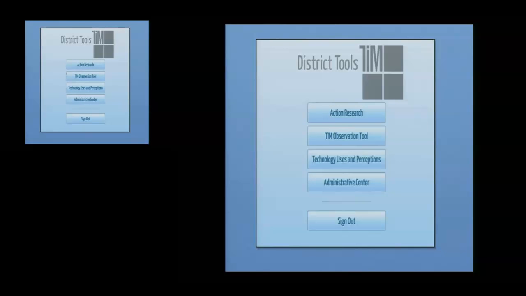Another of the tools that is included in this suite is listed here as Technology Uses and Perceptions. That is a survey tool. The TUPS is what we call it, the Technology Uses and Perception Survey. It's a teacher survey tool, and it includes